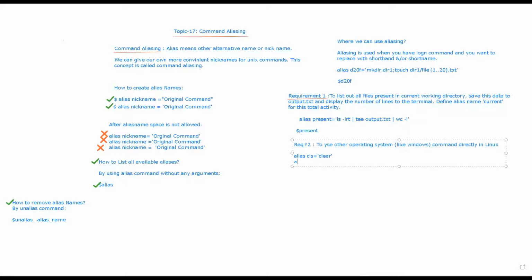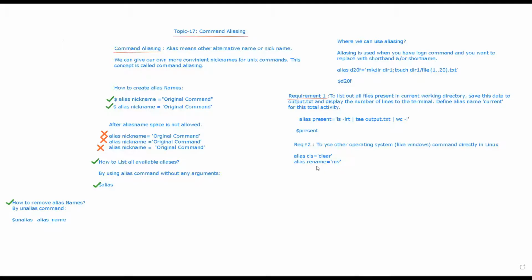Then alias rename mv. So we are renaming the file, right? Basically, by using alias, we are creating an alias for the clear command and a rename alias for the move command.